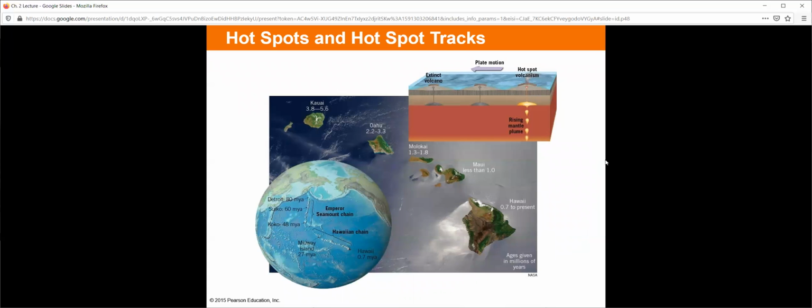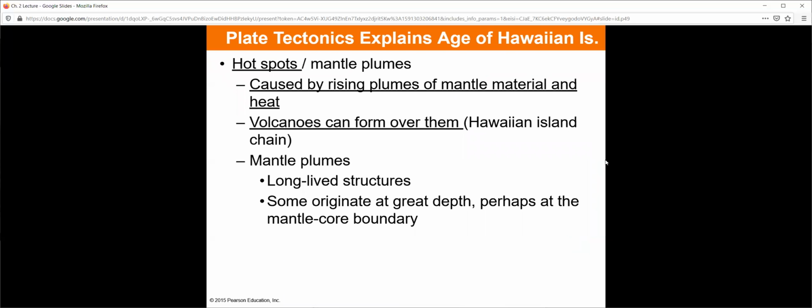Cool. Talked a lot about plate motion and plate contacts. Let's talk about stuff inside plates. For example, hot spots and hot tracks, such as Hawaii. Hot spots or mantle plumes are caused by rising plumes of mantle material and heat. Volcanoes form over them, such as the Hawaiian Islands, and these produce very long-lived structures that originate at great depth,